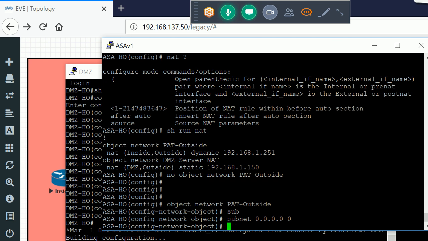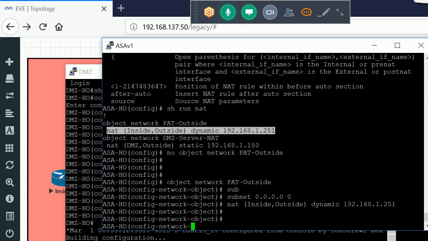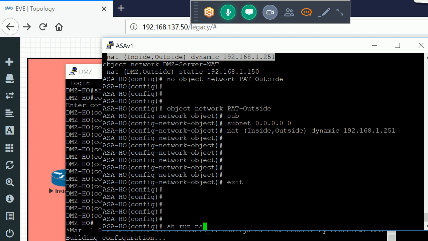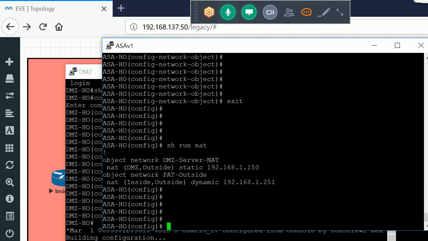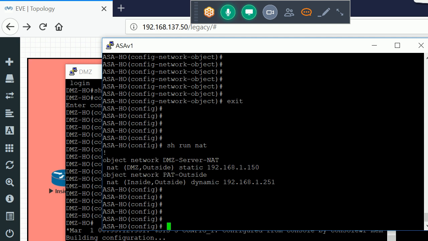After that, this statement. If I again run the show run nat command, now this rule has more preference over the PAT rule.